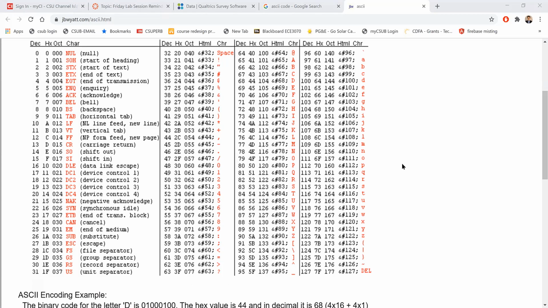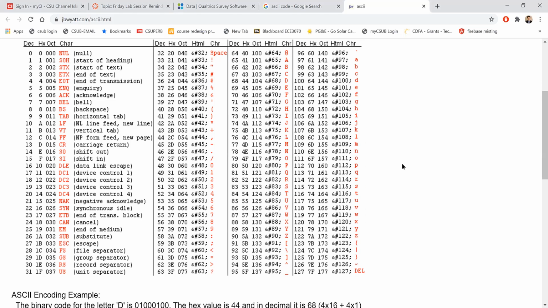This might be a good time to understand the table and how we code the characters on the keyboard in a computer system. Okay, so in a computer system, when you have your computer in here,